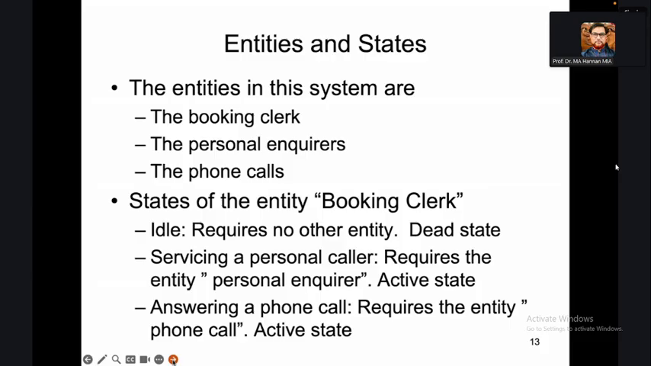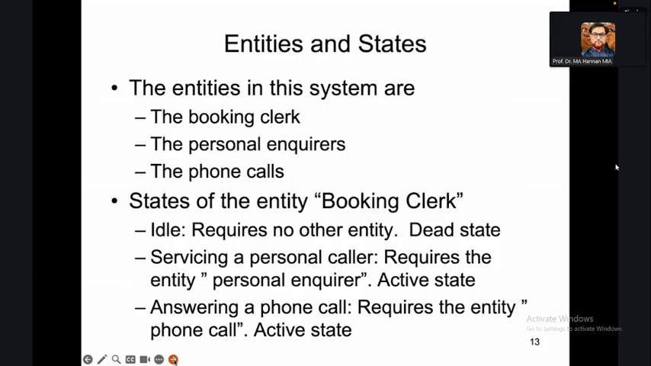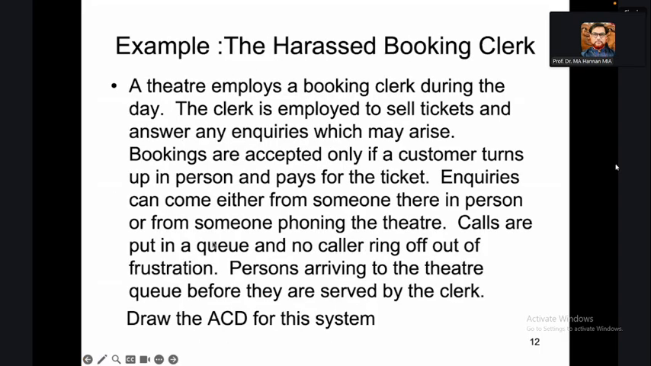So in this particular example, there are a couple of entities. Let us try to identify the entities first. We said there are three entities in this example: the booking clerk, personal inquirers, and the phone call. So in this particular system,